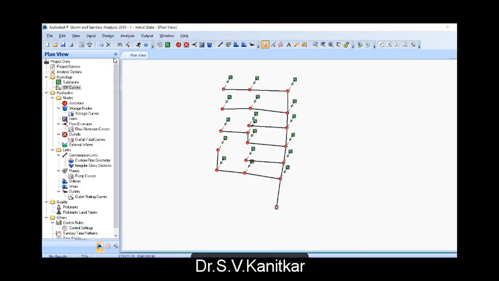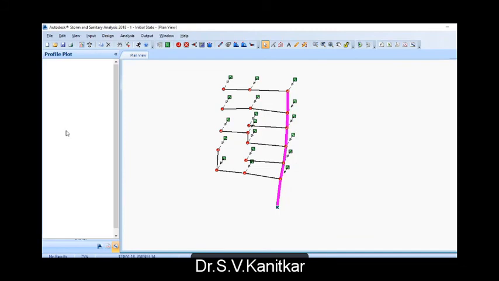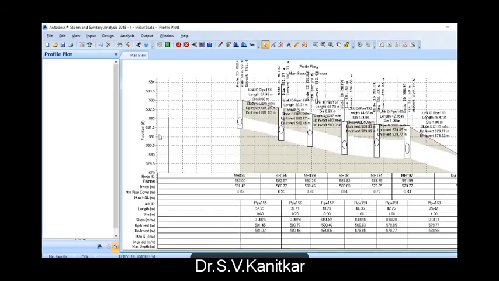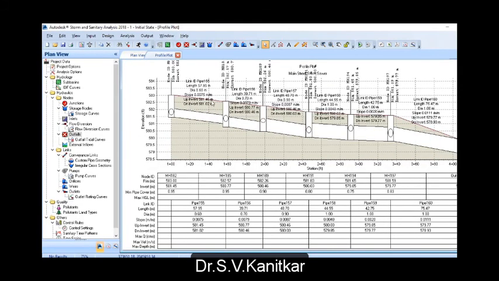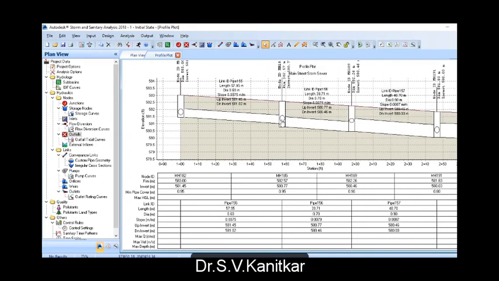And before going into that, I would like to show you the output, let us say, of the profile from this point to this point. So if we check the profile, what it shows is how the pipes are sloped, the position of manholes, the position of these cross pipes.